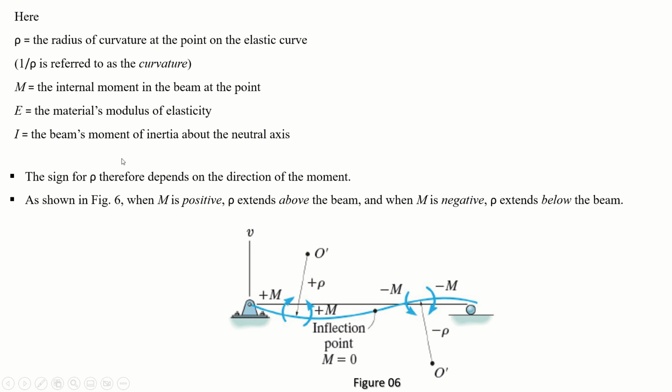These are different terminologies that I already explained. The sign for rho therefore depends on the direction of the moment, as we understood, as shown in figure 6. This is your figure 6. When M is positive, rho extends above the beam. So here M is positive, right? So rho will be above the beam, and when M is negative, rho extends below the beam. So the sign for rho depends upon